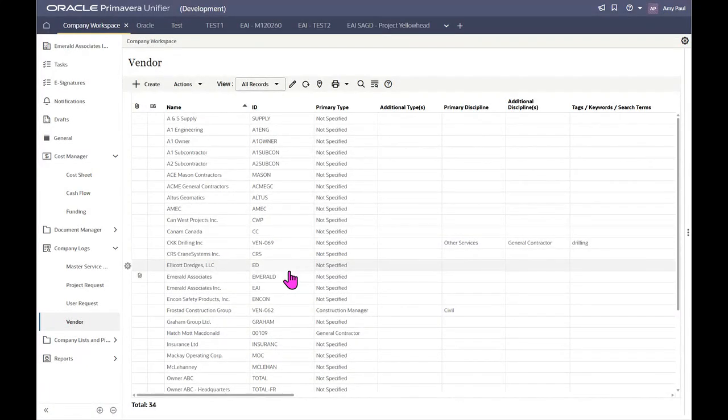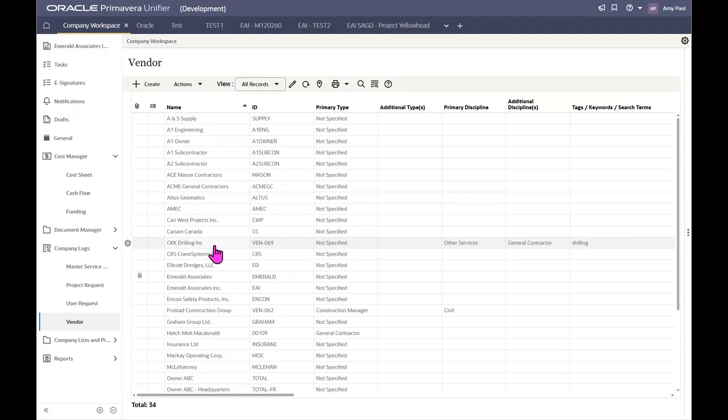So let's say you're an international company, you don't necessarily want to share your vendor list from North America with Europe, for example. Okay, so you could have subsets, but the vendor is a good example of something that might be shared across all the projects. So she's going to just touch on